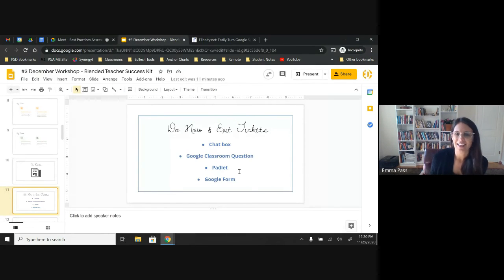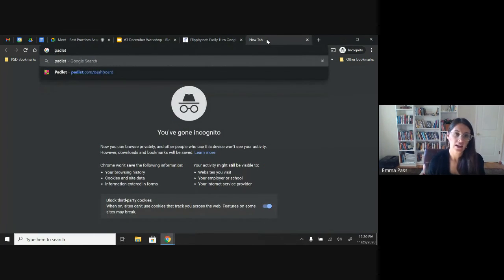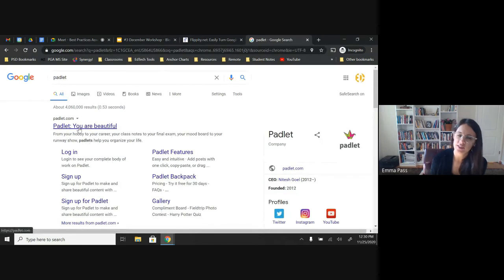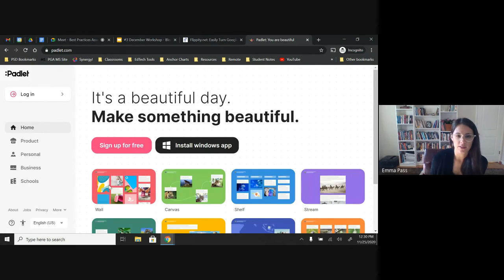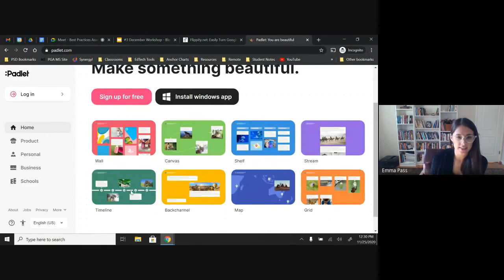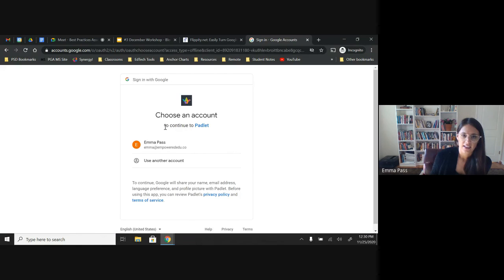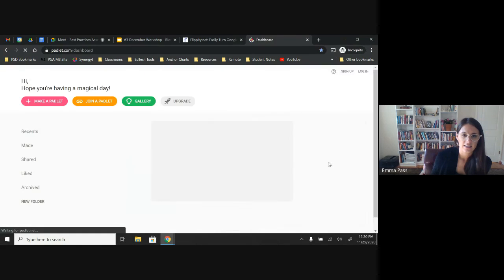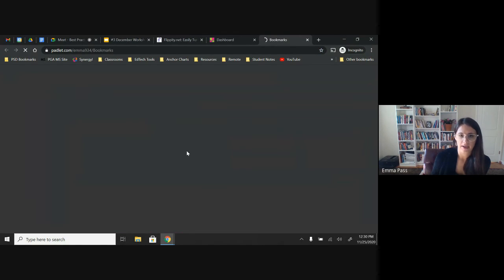The next one we're going to look at is Padlet. Padlet is similar to a Pinterest board or cork board style. Again, student responses come up in real time on a wall, timeline, or shelf stream style. So again, you can see student responses as they come in real time. Just going to go ahead and log in. And then you can see here, if I go into one of my Padlet boards,